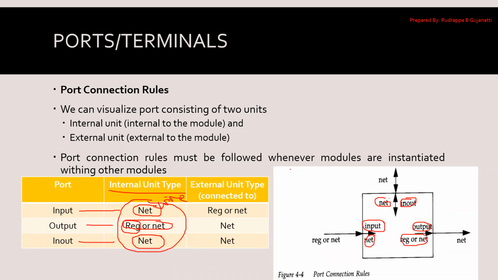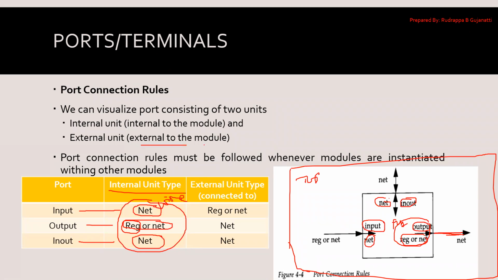Now imagine there is another module. This module is giving the result and accepting the results from the other module. So this is within another module. For example, this is the full adder, and this is the top module we had discussed. If you observe over here, this signal, which is actually the output of the internal module, goes to the external module, that is, communication with the external module.